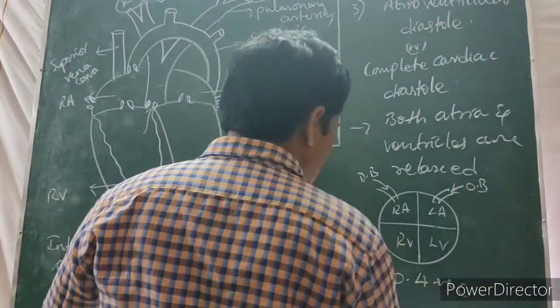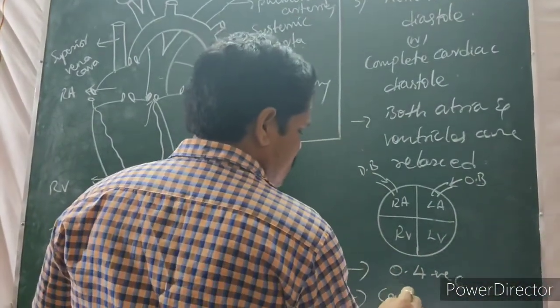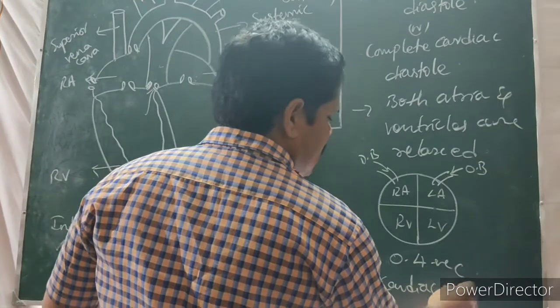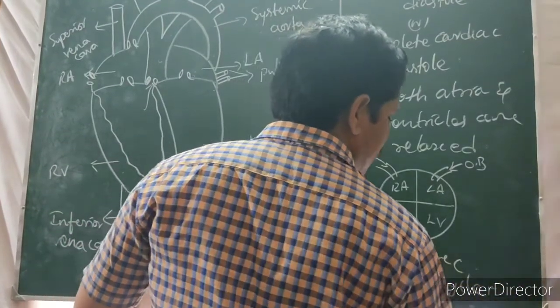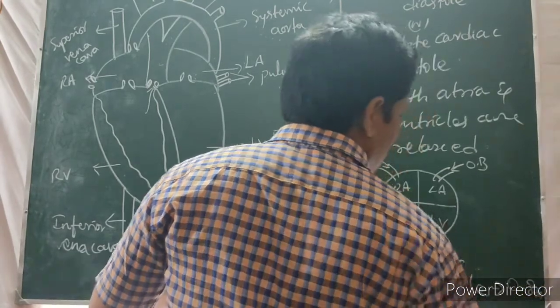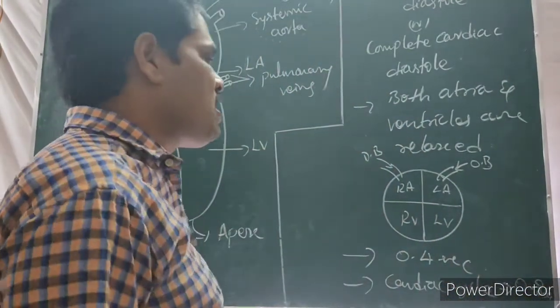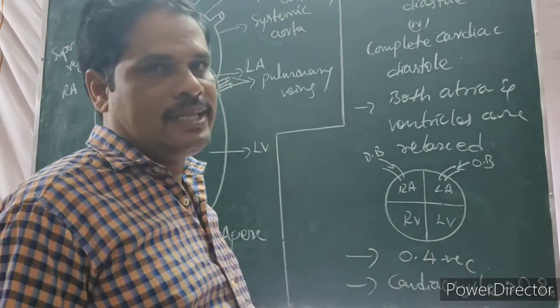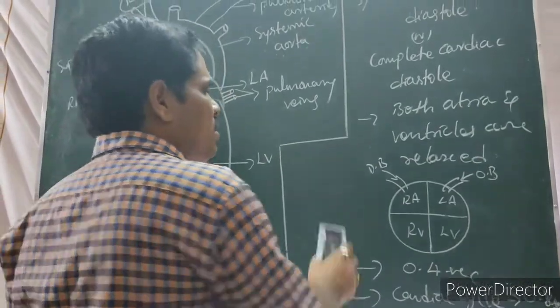For completion of the total cardiac cycle, how much time is required? 0.8 seconds. Now, here